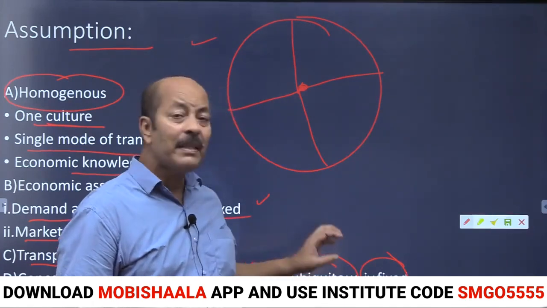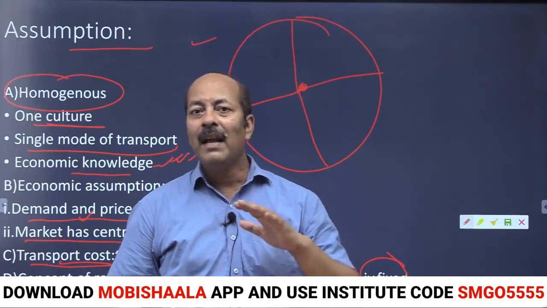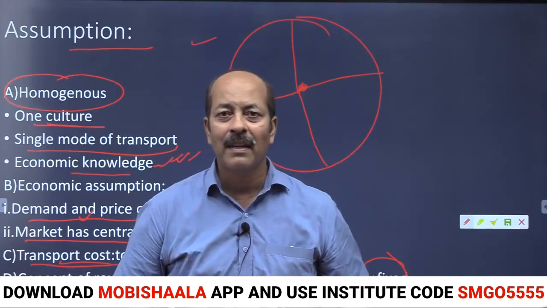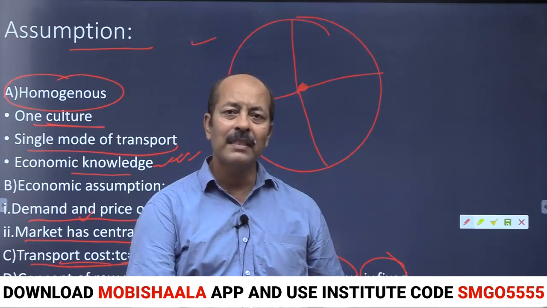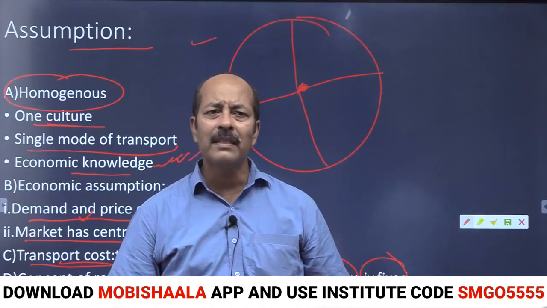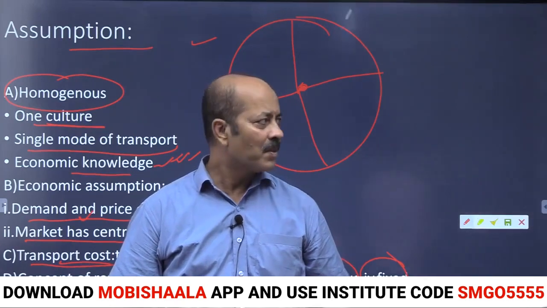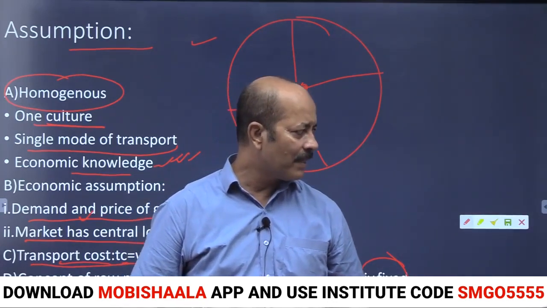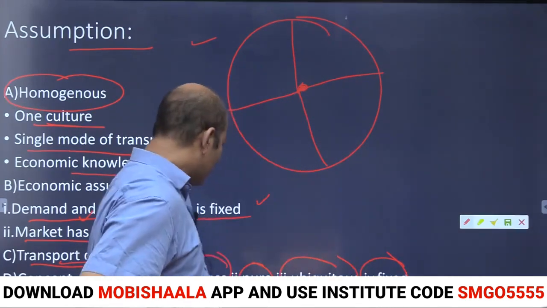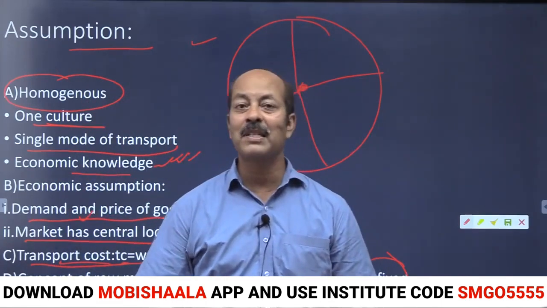Now the third is ubiquitous raw material. Ubiquitous means the raw material is available everywhere. Suppose you have water, soil, air. These are raw materials available everywhere, so they are named ubiquitous raw material. So the types of raw material we have: the first one is gross, the second one pure, the third one ubiquitous, and the fourth one is gross raw material.